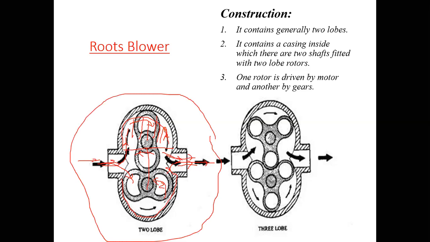So basically it consists of two lobes or three lobes, a casing, then two rotors. One rotor is rotated with the help of a prime mover, and the second rotor is rotated with the help of a gearing arrangement. Then with the rotation of rotor number one, suction will start. As the suction on one side finishes, the discharge will take place. Similarly, the other rotor is also rotating, so on the other side there will be a suction. As suction takes place, a constant amount of air will be trapped in this region, and then there will be discharge from this side also. So this is how a Root's blower compressor works.